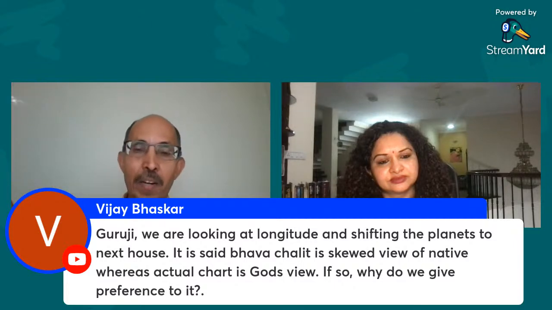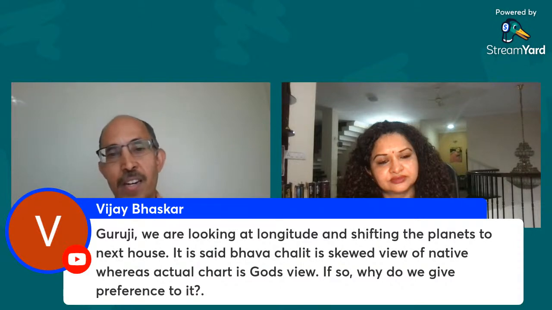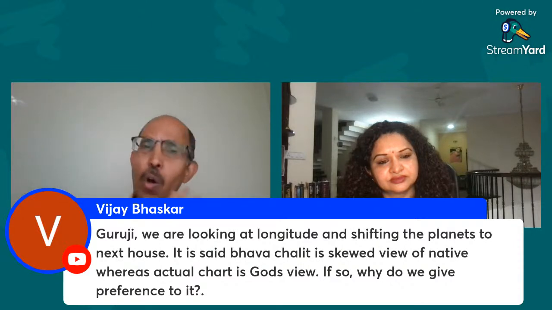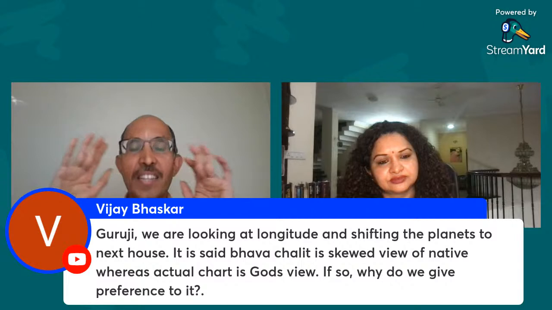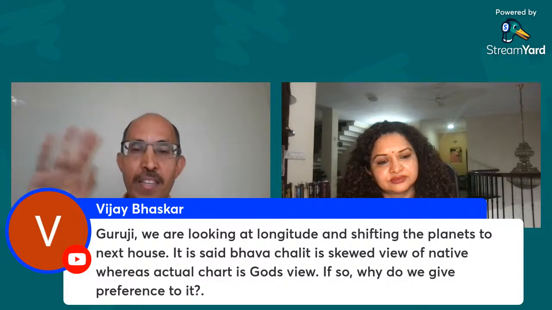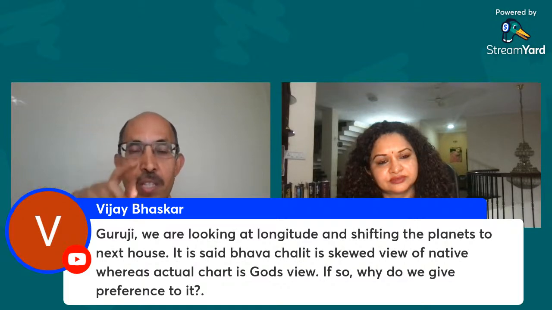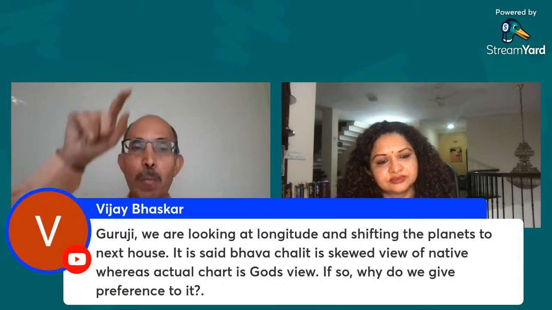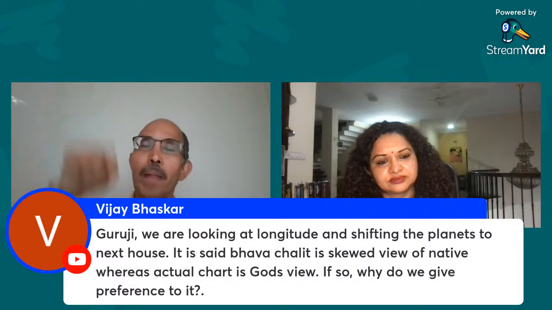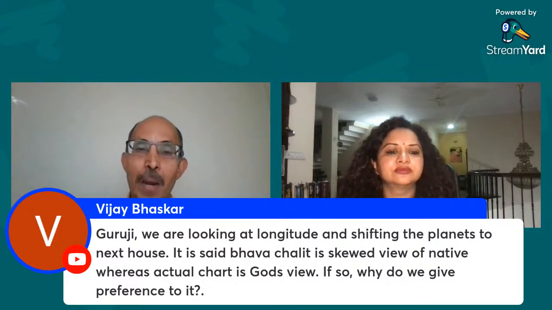There is no concept of being in the 12th house in the Rashi chart; he's in the first house in the bhava chart. There are no houses in the Rashi chart. The Rashi chart is a collection of Rashis: which Rashis are occupied by which planets? The Bhava chart is a collection of bhavas. Look at it as a table. One table shows Aries, Taurus, Gemini, and planets in the other column. The Bhava chart is a table showing bhavas, first house, second house, third house, and which planets are in which bhava.